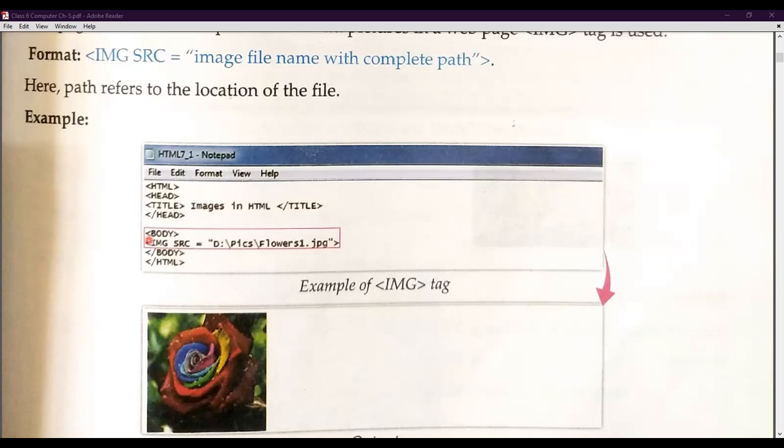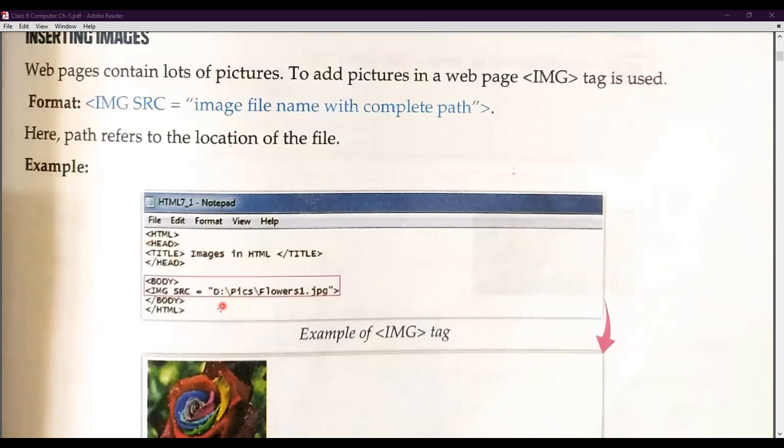So whatever we have learned about image source or the img tag, we have to write in the body tag. So img followed by its attribute src and then equals to, yes, this is my drive's name, then followed by the folder's name, then followed by my image's name and its extension.